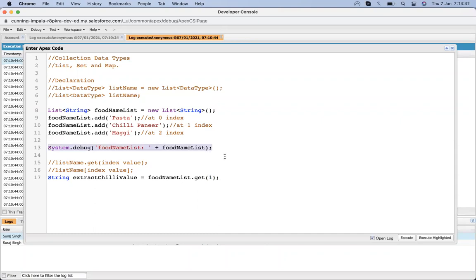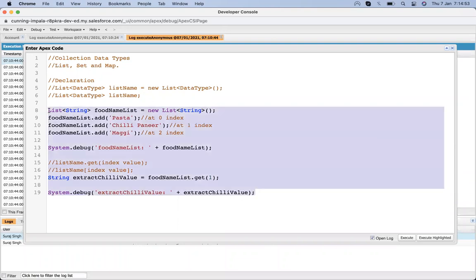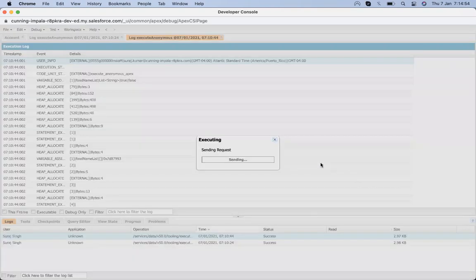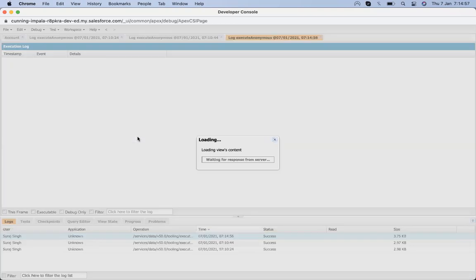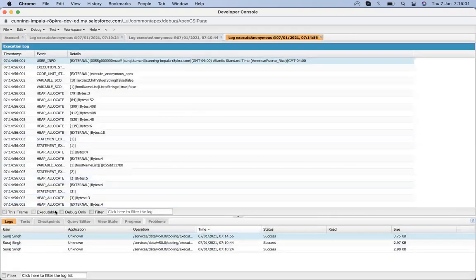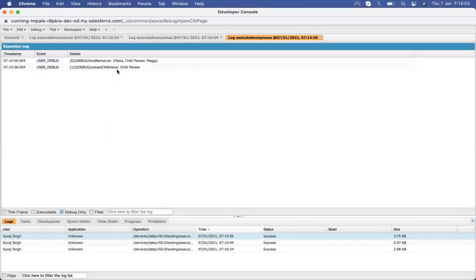Okay, since I put 1, it extracted the second value from that list, and it's showing up there.